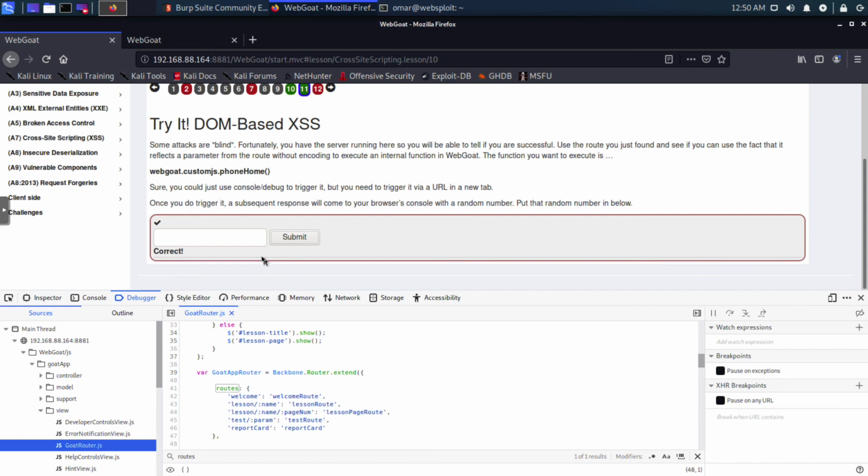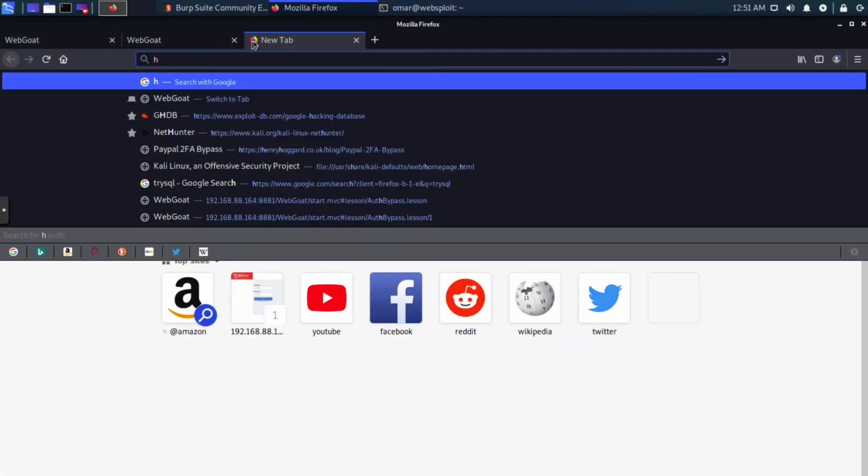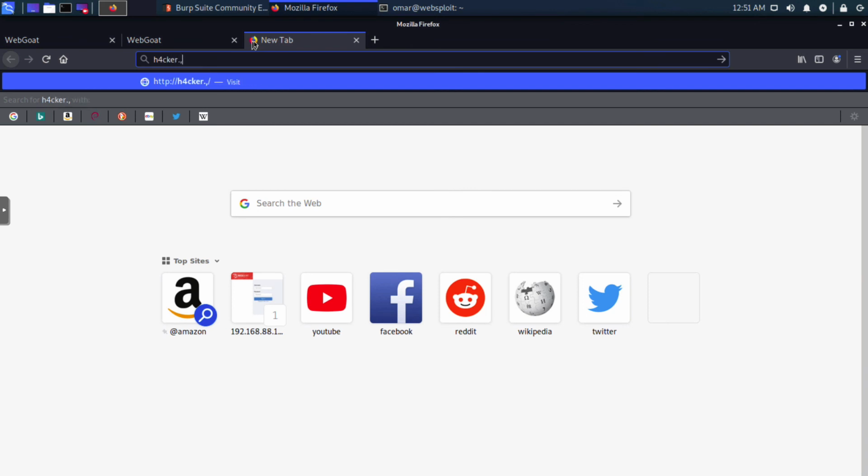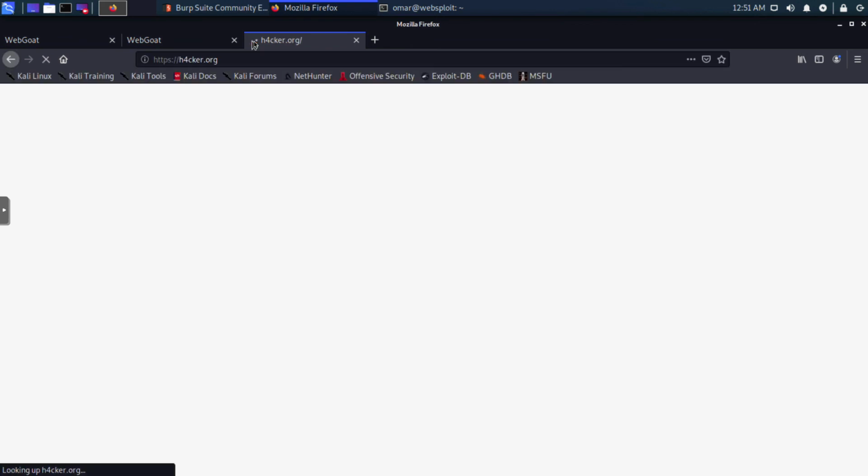I mentioned to you that there are tons and tons of different vectors to bypass things like web application firewalls and many other protections that modern applications have, or even browsers. So I have it in my GitHub repository. If you go to hacker.org and click on GitHub,